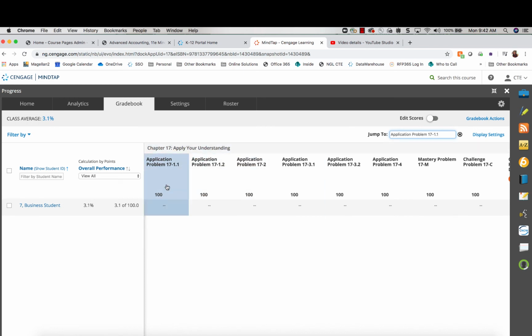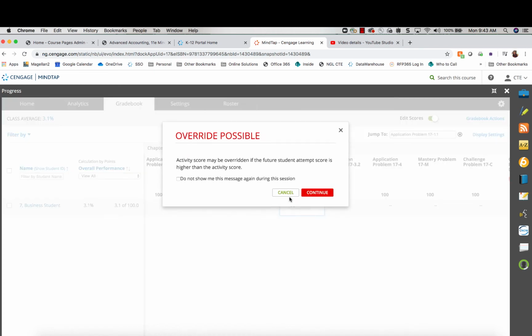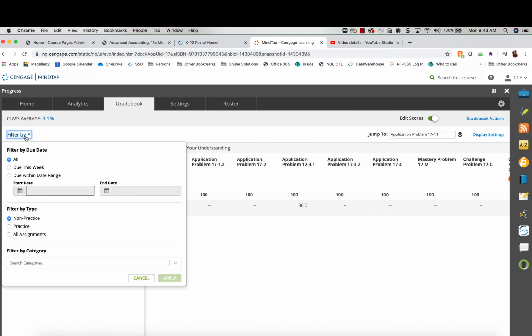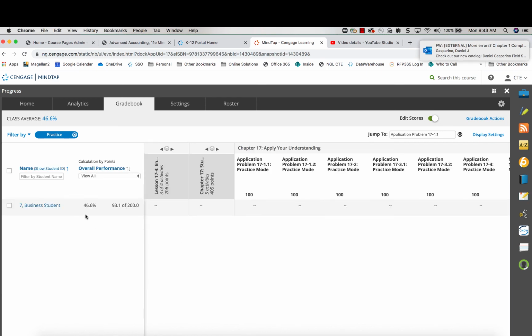And if you want to be able to edit scores from this view, turn the Edit Score toggle on, and that will make any of the scores for this student editable from the teacher. I've now updated that score for my student from a 0 to a 90%. Notice that within here, you can also filter by certain things, whether assignments that are due this week or within a specific date range. And the standard setting is that I'm only going to see assignments that count towards a grade. If I want to view assignments that are set up as practice, which all of your work together are currently set up that way,